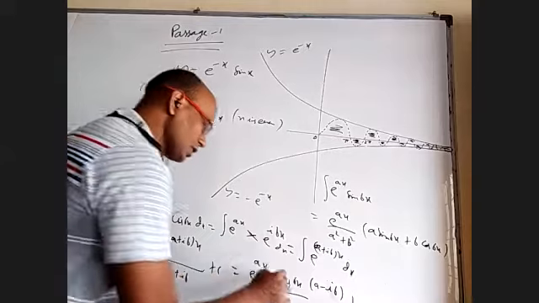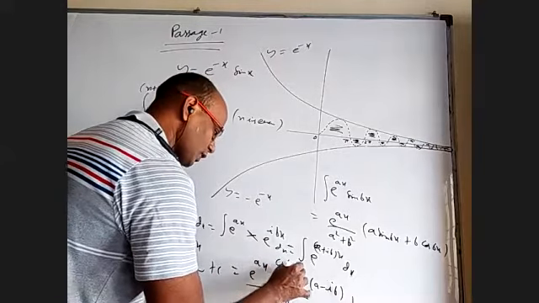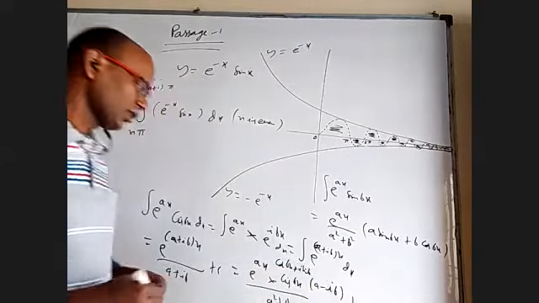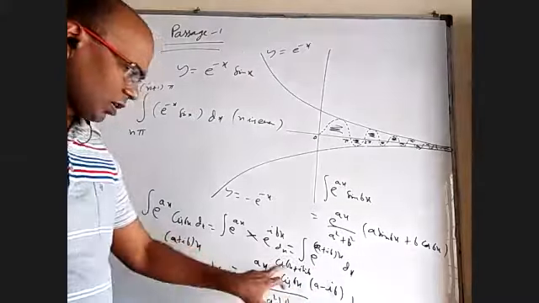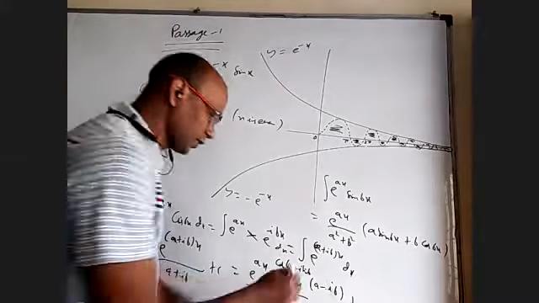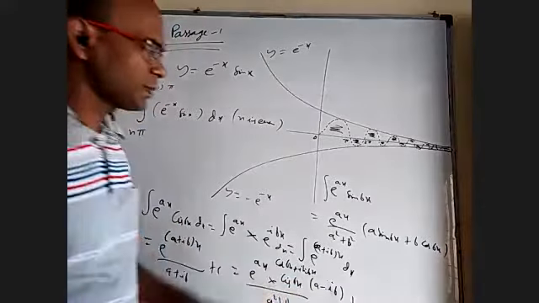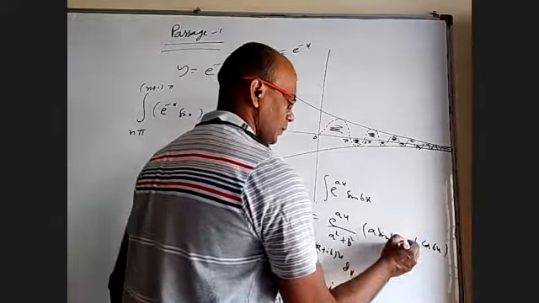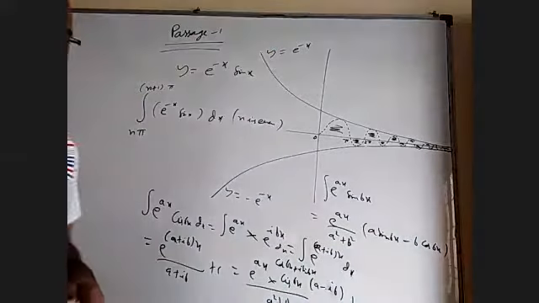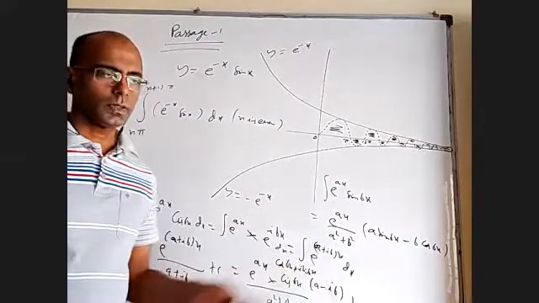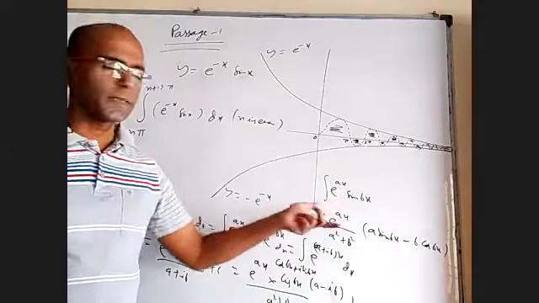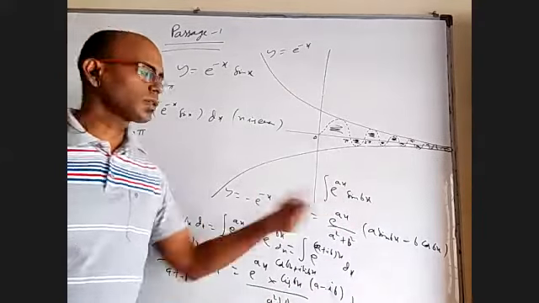So what is this bx actually? Cos bx plus i sin bx. When you take the real part, what will I get? a cos bx plus b sin bx. When I take the imaginary part, a sin bx minus b cos bx. This is minus. So apart from applying integration by parts twice, you can convert sin bx into cis bx, find the answer, and take the imaginary part also, and you will get it.